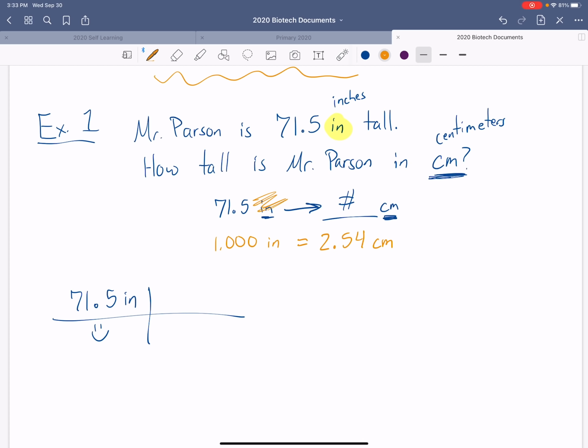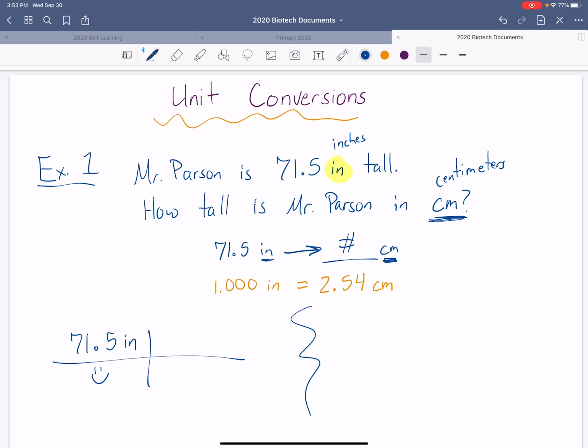Ultimately, I need to not be in inches, and I do need to be in centimeters. So in order for those inches to go away, I need them to cancel out. What we can do is a simple math problem here. If you had something like 7/3 and you were multiplying that by 4/7, the way that we could simplify this problem